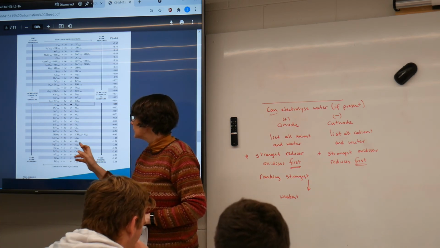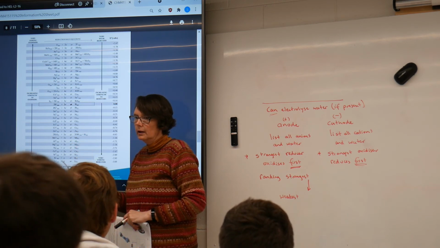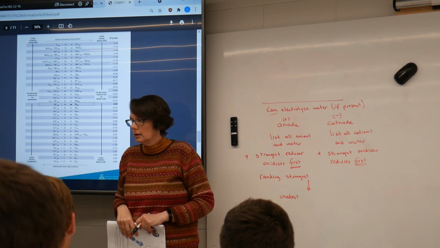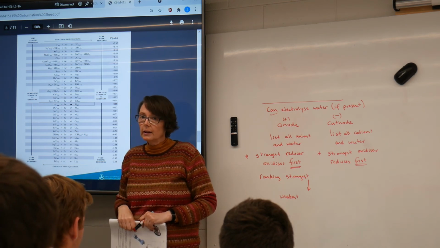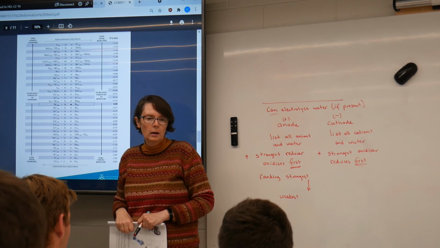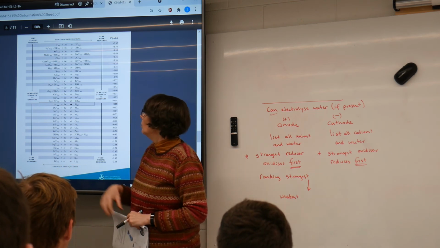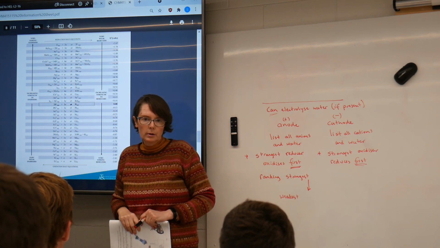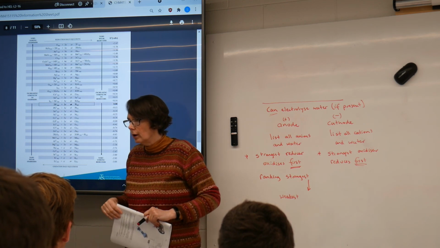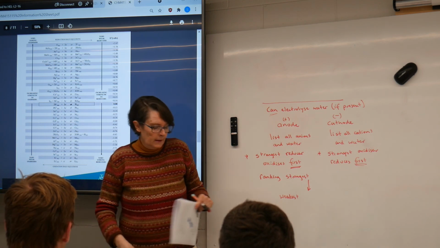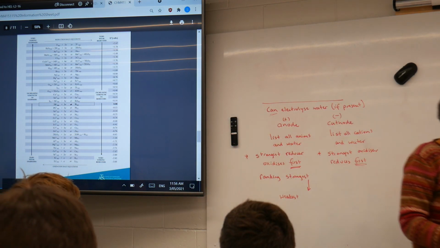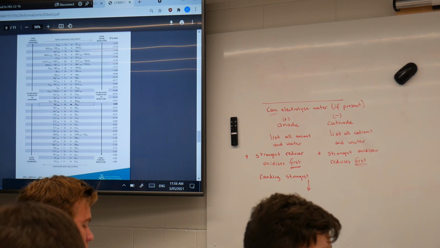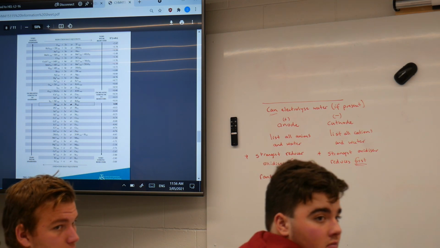What would we expect to see the colour of the indicator for the reduction of water? Say universal indicator? Purple. And what would we expect to see for this one where we're producing oxygen? Red. Okay, we have to know those colours as well. Now, what I've been doing for the last few minutes is electrolyzing some water. Just check on it and make sure it's